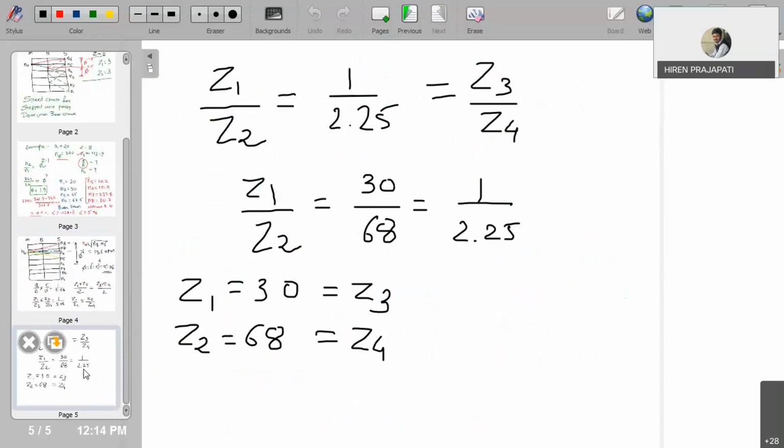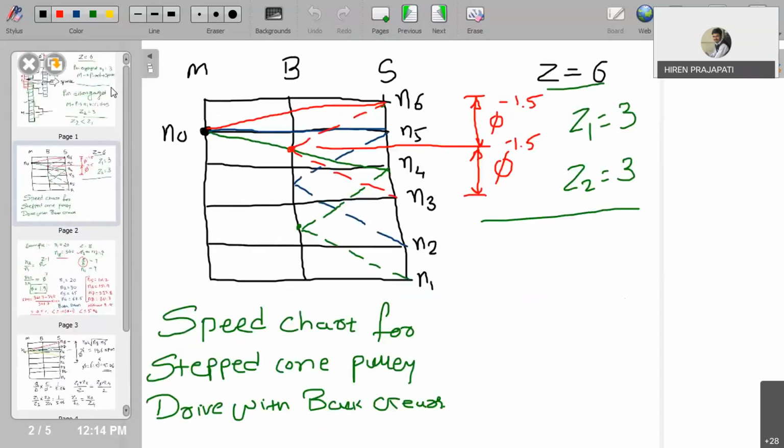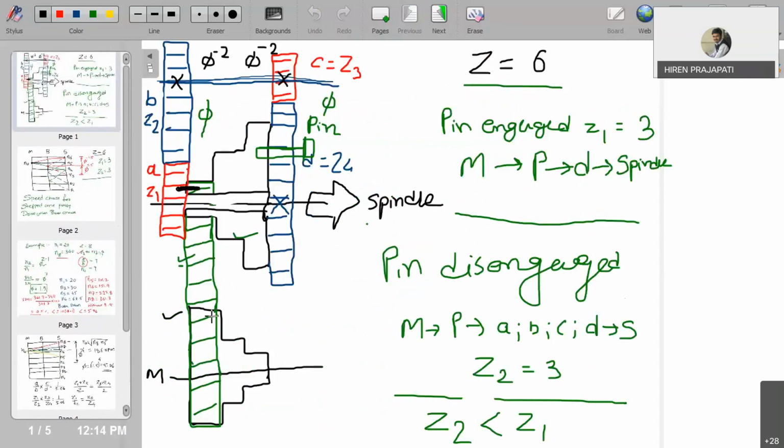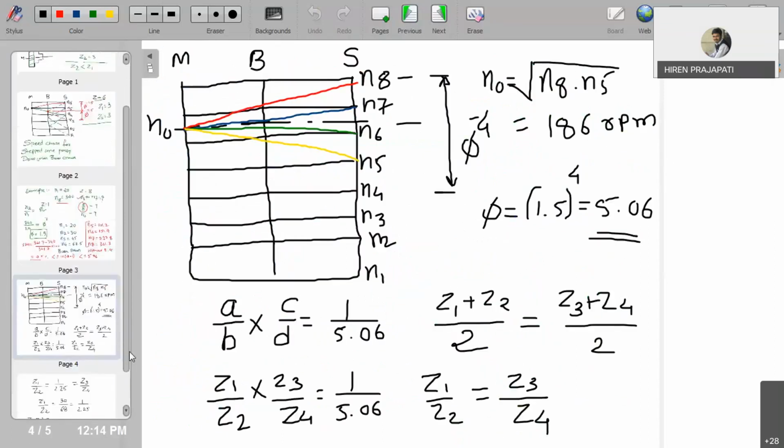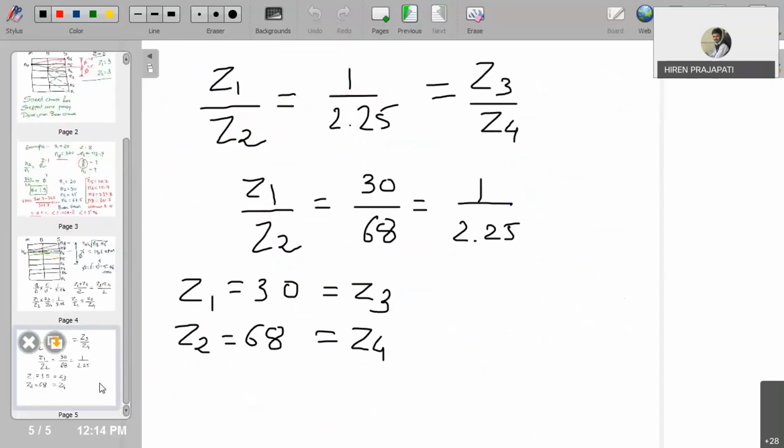So I'm just giving you one task. Try to find out pulley diameters, because as yet we have not found the pulley diameters. You might have learned the design of belt pulley drive. With that knowledge, you can now find pulley diameters, because in the previous lecture we derived the equation of transmission ratios for different pulley combinations. So let me just give you a hint for the solution.